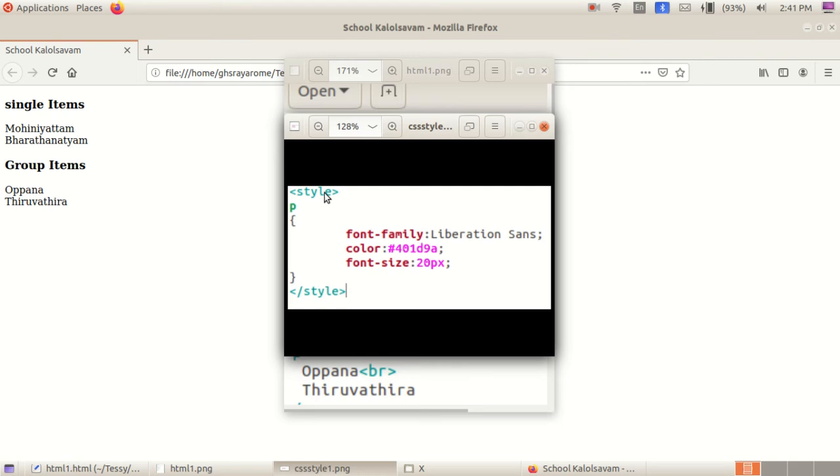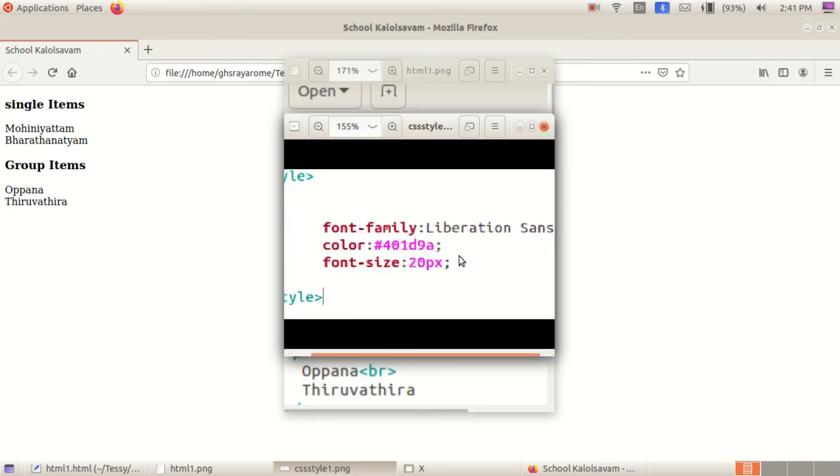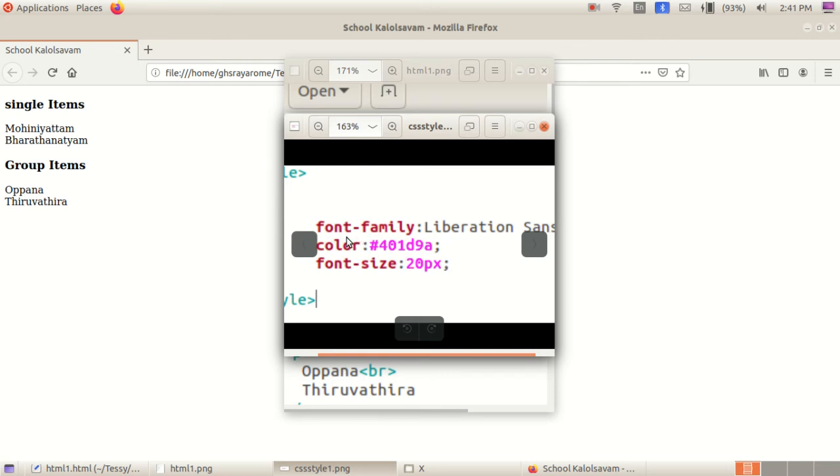Okay, listen here. In that style tag we are using some attributes. Look here, children, within these braces we are giving the attributes. We are giving font-family, after that colon, then Liberation Sans. Liberation Sans is the value, font-family is the attribute, and after that colon, Liberation Sans, then semicolon.